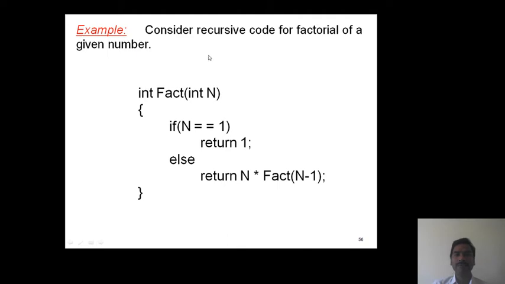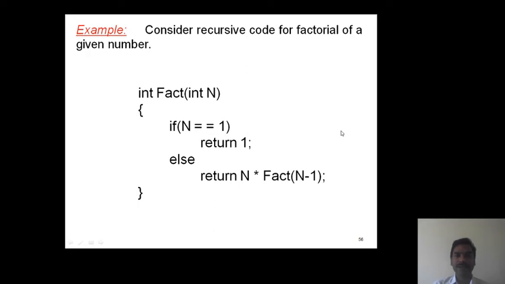Consider this example. This code shows a recursive function for the factorial of a given value. Now the function implementation part, int fact of int n. Now we check whether n value reaches 1 or not. So if n equivalent to 1, we place the base condition as return 1. Else, if this condition is false, we place the recursive condition as return n into fact of n minus 1. Students, you are familiar with this recursive function.